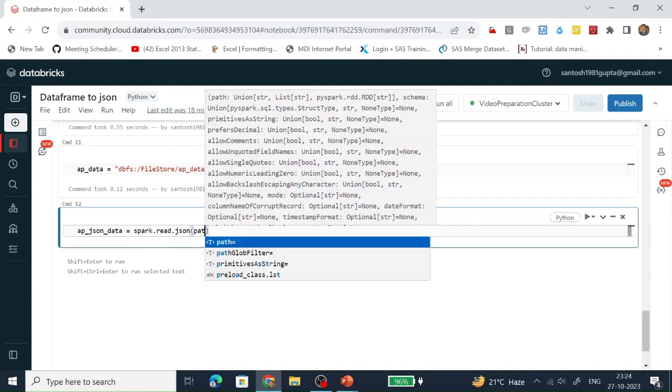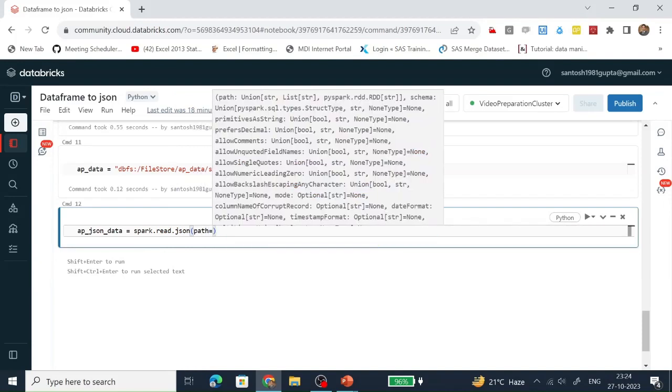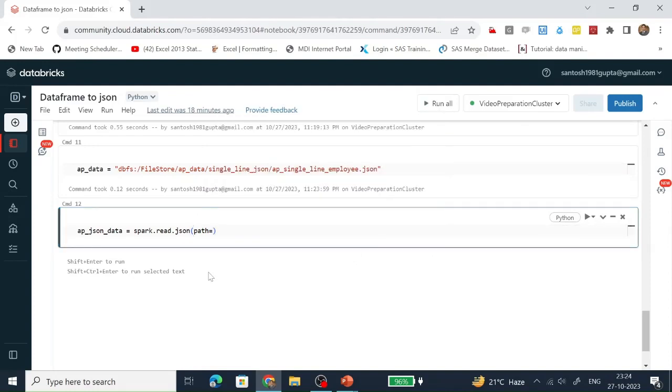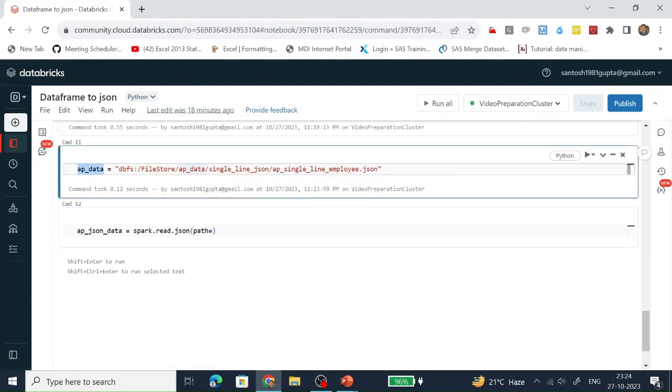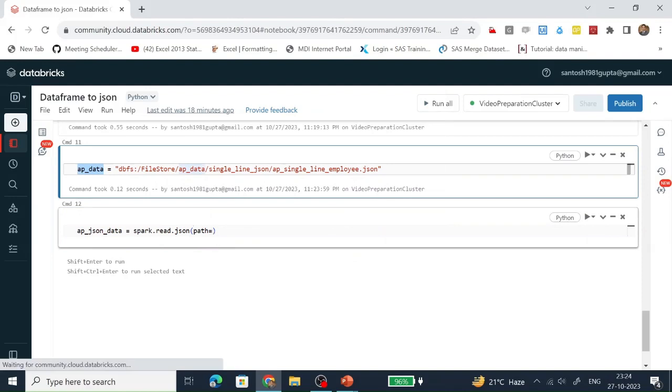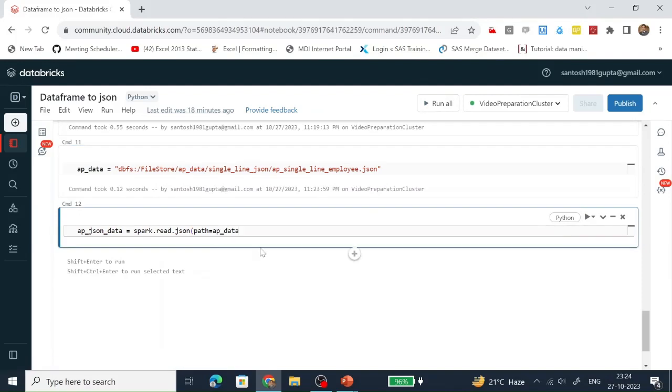We are using the path parameter. The value of the path is the location of the JSON document. We are reading this JSON document with the help of a schema.